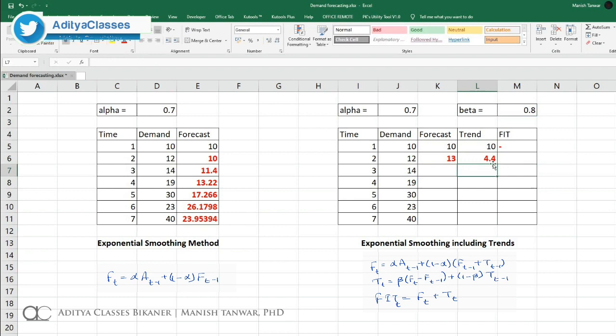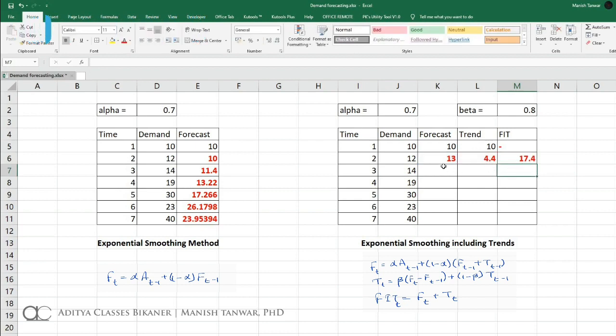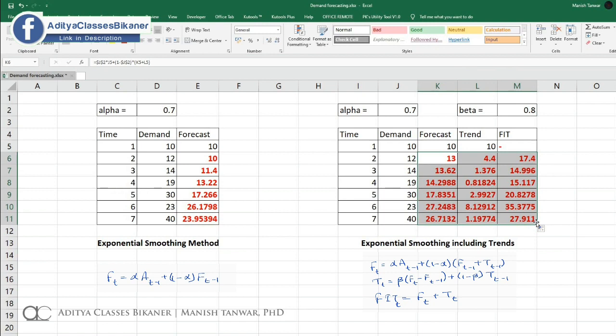Here we get our trend also. Then what is FIT? Forecast for period T is simply a summation of trend of T plus forecast of T. So I'll put it as this plus this. Here are our forecasts. Now to find all the remaining values, I'll simply stretch this, and these are the values that we get.